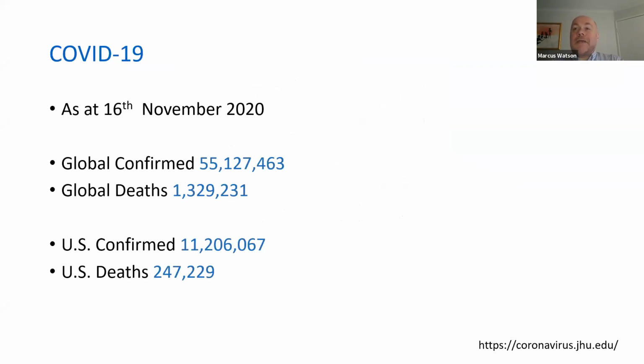So COVID's probably big in everyone's life at the moment, and I looked up last night the US data and updated this. So we've got in the US over 240,000 deaths occurring due to COVID. And the world is responding pretty effectively to COVID. So Australia's done an amazing job. There's a few countries that have done better than we have, but there are other countries in the world that